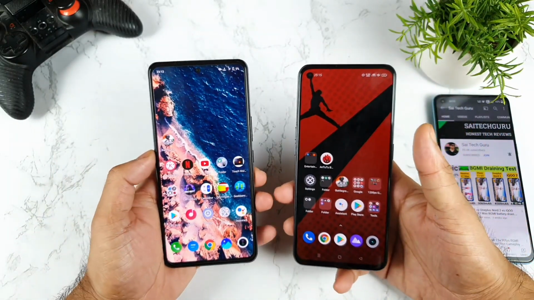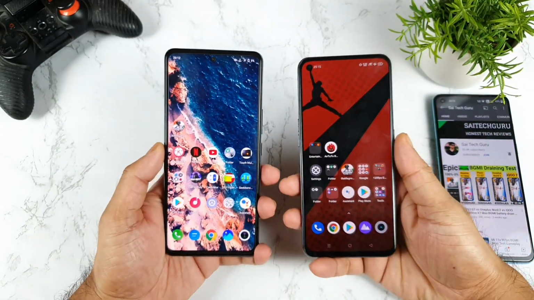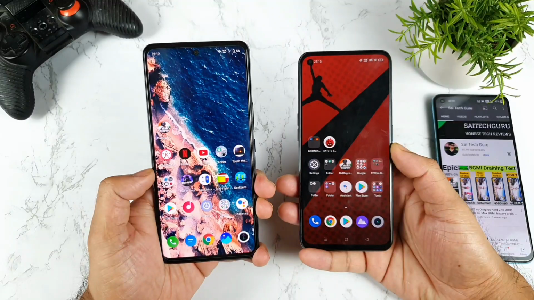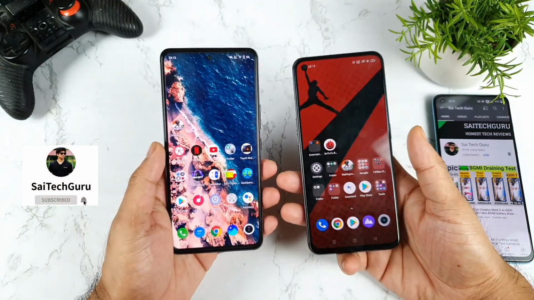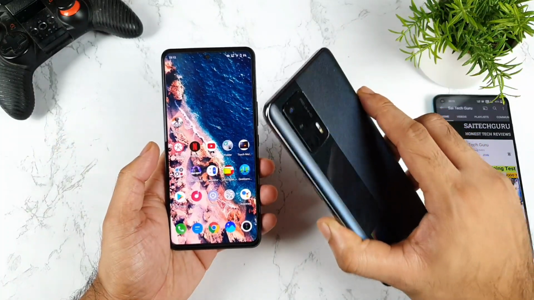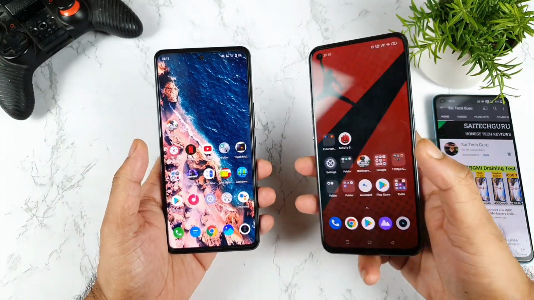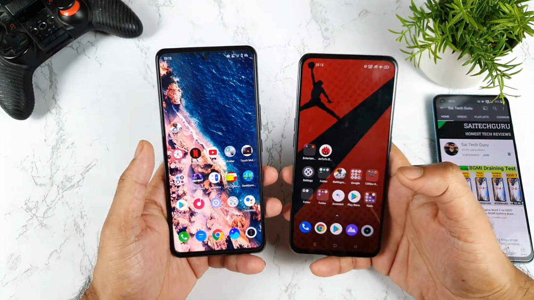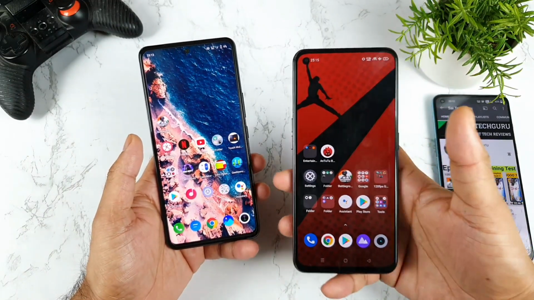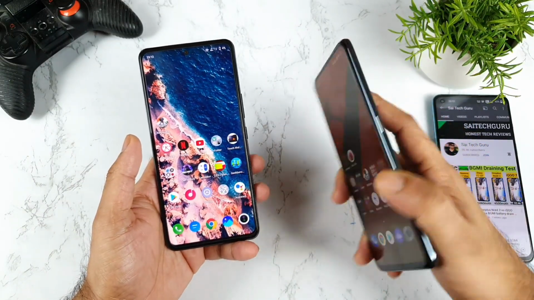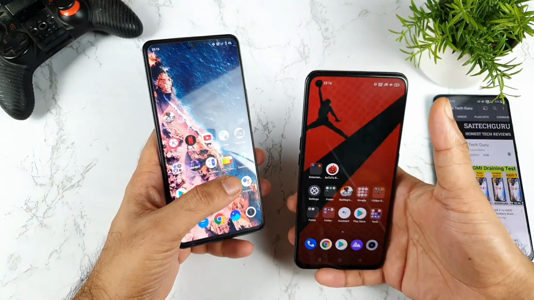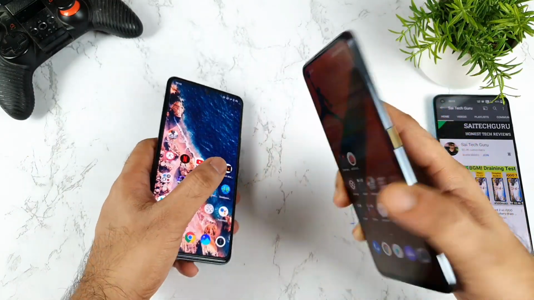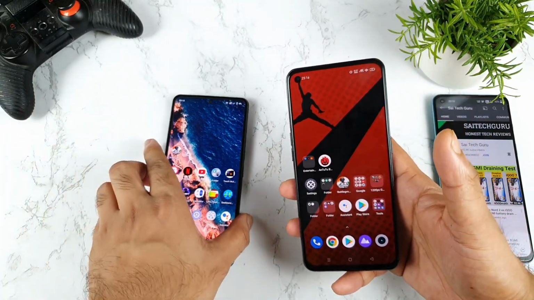First, let's start with the physical hardware differences between both phones. The iQOO 7 has a 6.67 inch screen, so a slightly bigger display compared with the Realme X7 Max, which has 6.43 inches, a little bit smaller, and it's really good for single hand usage. That is very good in the Realme X7 Max. So for people who have small hands, I would definitely prefer you to buy the Realme X7 Max. I mean small display phones, not the big display phones.